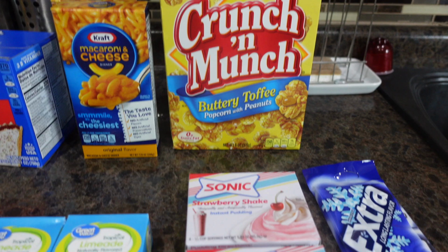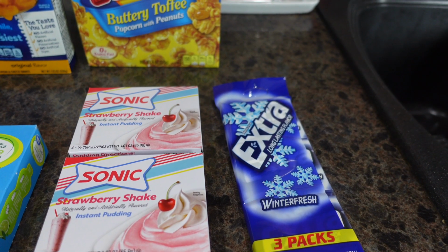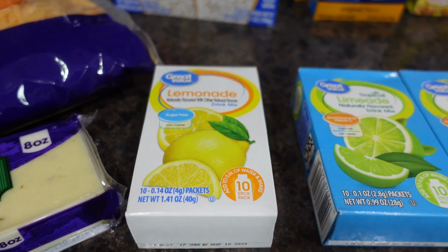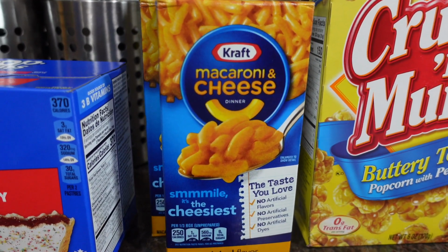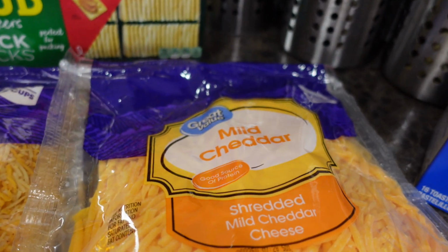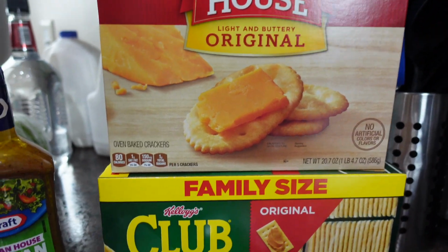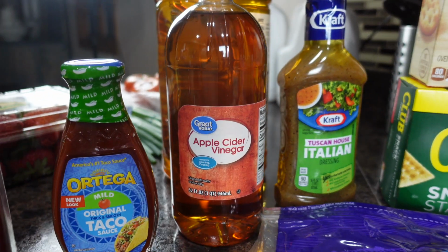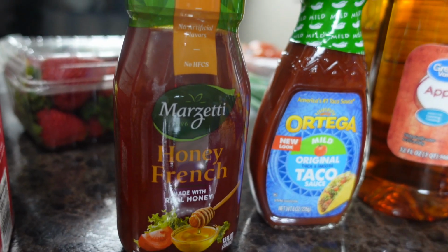I have Crunch and Munch, 2 boxes of strawberry pudding, extra Winter Fresh gum, 2 limeade water flavorings, 1 lemonade water flavoring, strawberry Pop-Tarts, 2 boxes of macaroni and cheese, pepper jack cheese, mild cheddar, taco blend, townhouse crackers, club crackers, Tuscan Italian dressing, apple cider vinegar, original Ortega mild taco sauce, honey French salad dressing,